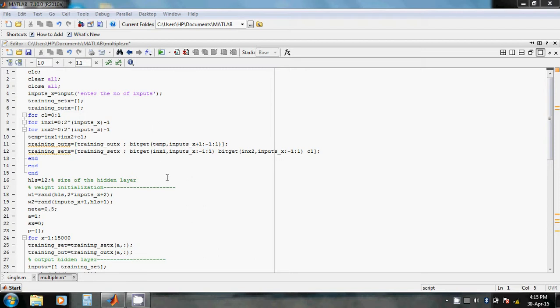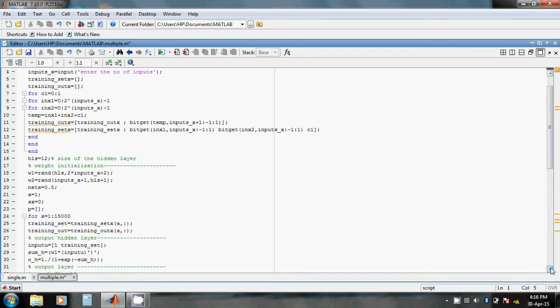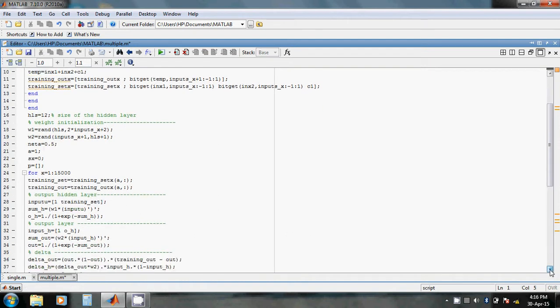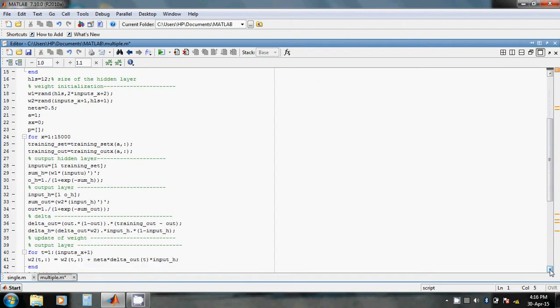And then in this there are 12 hidden layers, and the size of the hidden layer is 12. Then we are initializing the weights by W equals rand(HLS, 2*inputx+2). This is the weight of the first input, and the weight of the second input is rand(inputx+1, HLS+1). We are creating a new variable, neta equals 0.5, a equals 1. We are beginning the for loop for x equals 1 to 15,000, and in this what we are doing,